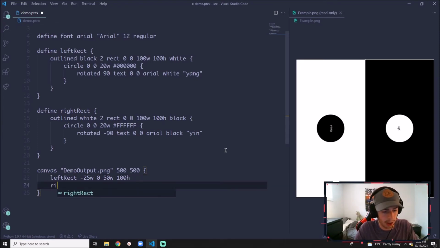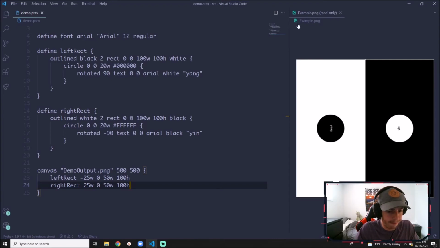And then after that, we're going to place a right rect. We are going to give it an x of 25% width, because we're going to move 25% width over this way. A y of 0. Width of 50% of the width of the canvas, and a height of 100% height of the canvas. After that, I'm just going to go over to my terminal,